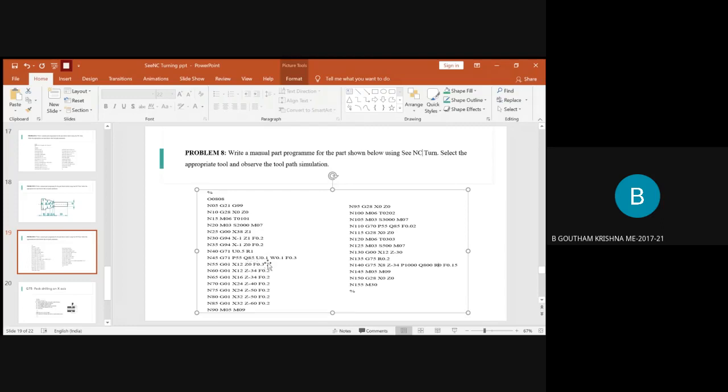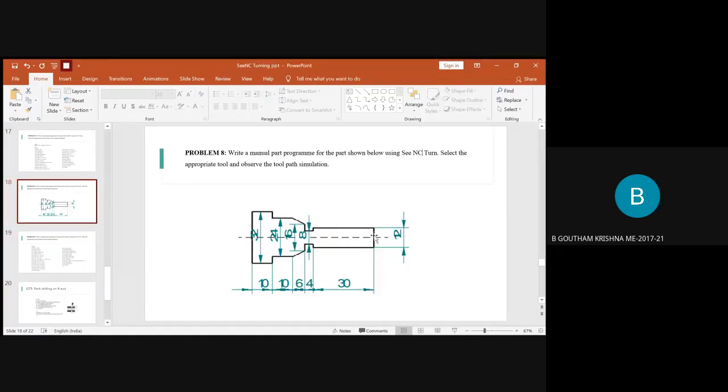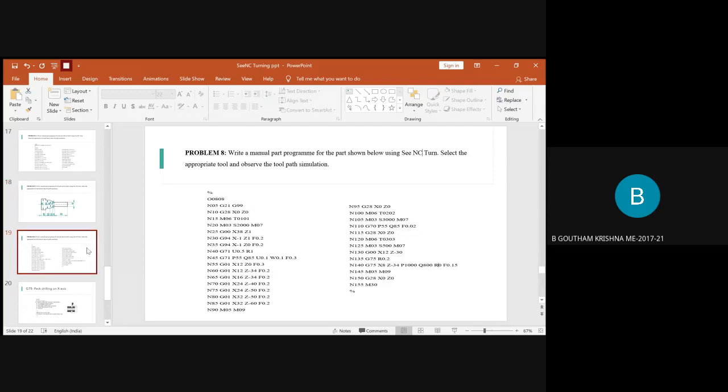Then you have to give the allowance along the x-axis as well as the allowance along the z-axis. So we'll provide the allowance for both the axes and the feed rate. So once this is set, now we have to start up with the rough turning operation. So we have to go back to the block here. So here the diameter of the block initially is X12. So you will type it as X12 and Z value will be 0, right?